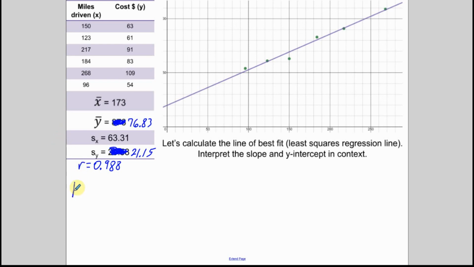All right, so here we go. B equals R times standard deviation of y over standard deviation of x. It's always change in y over change in x, just like slope. So the y variable over the x variable, 63.31. Right, so this gives me roughly